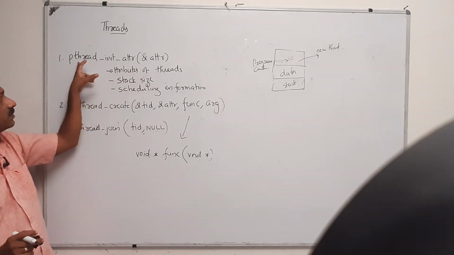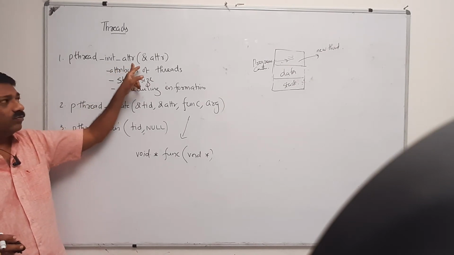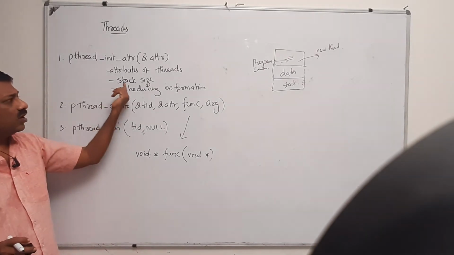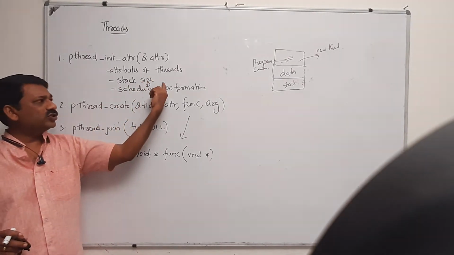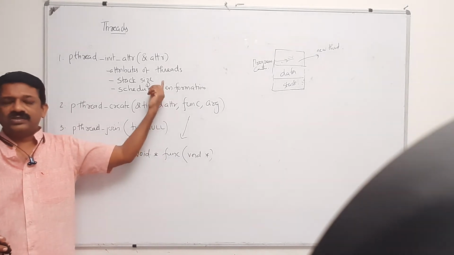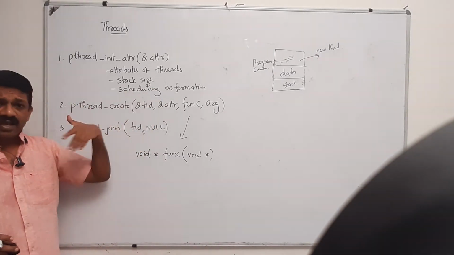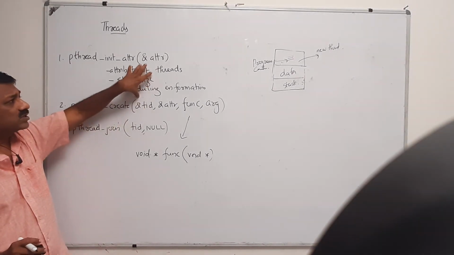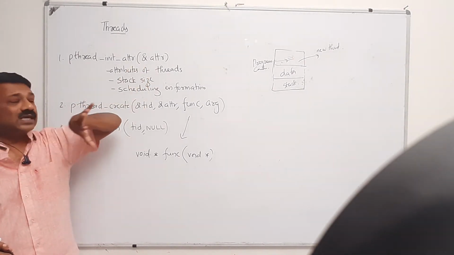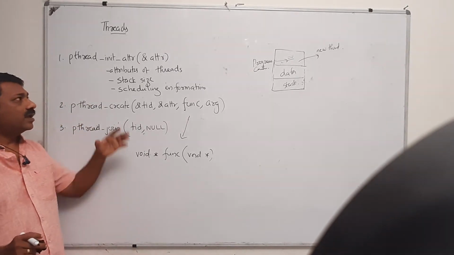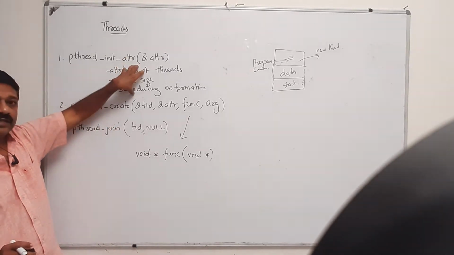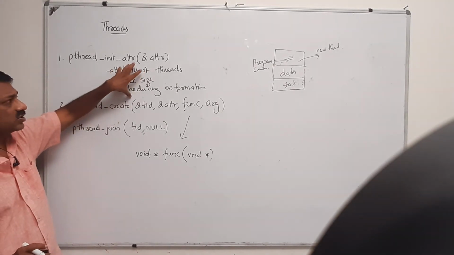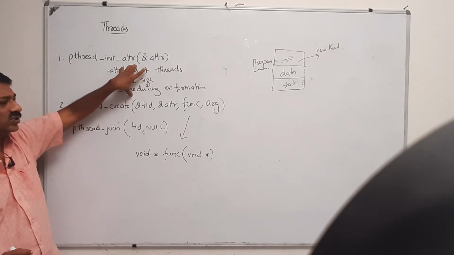Using pthread_attr_init means you are going to set those attributes, like what should be the stack size, what should be the scheduling policy you are going to use, etc. Scheduling policy, say FIFO, LRU, etc. are there. Those things you have to decide initially, and once you have a set of policies, the attributes are set.